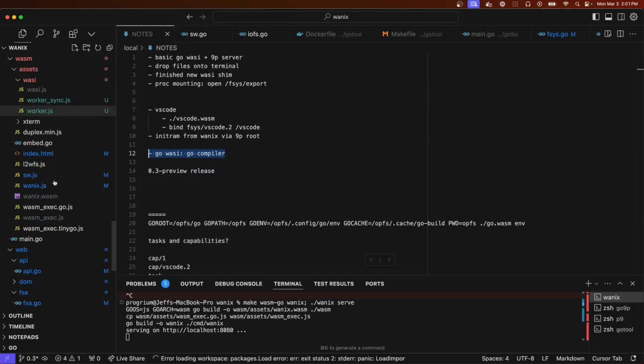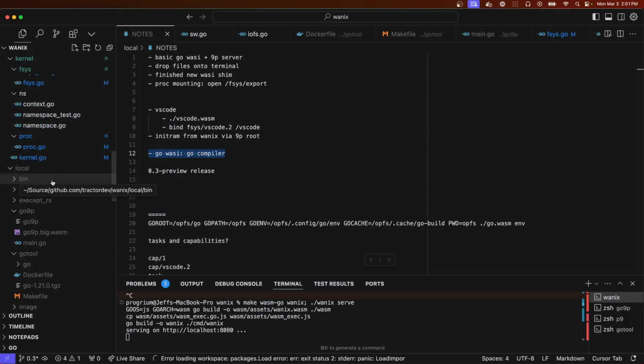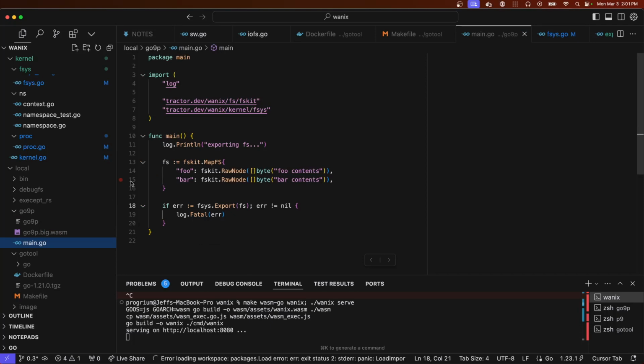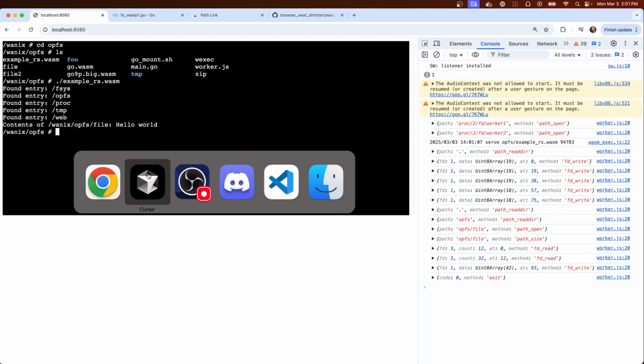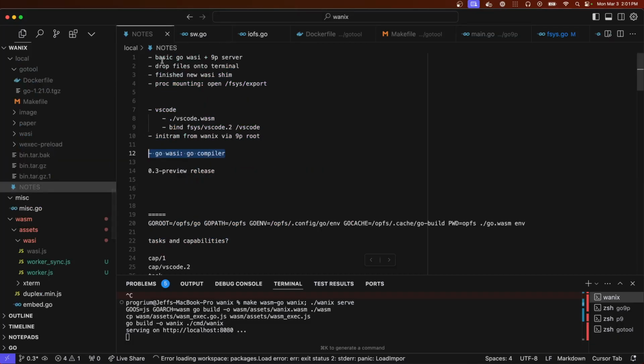I might end up showing a bunch of stuff now. Okay, let's try it. So one of the things, besides getting Go WASI executables to work, and then proving that the 9P server in Go runs in it, we set up this system.